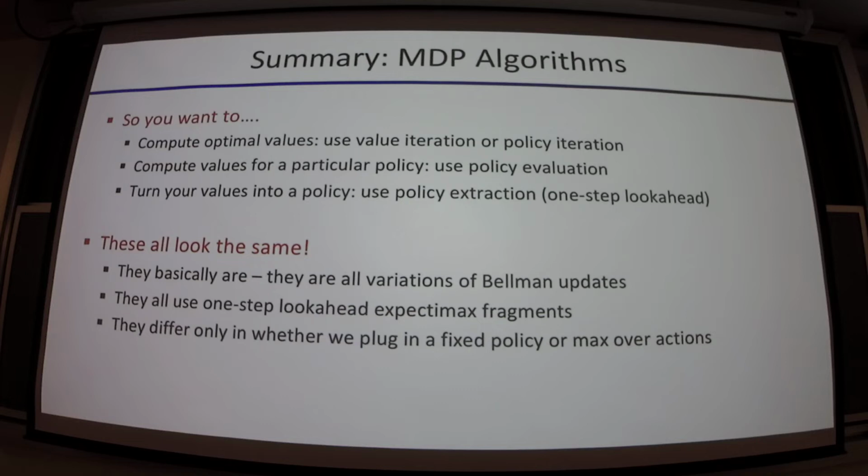Okay, these all kind of look the same, right? We're all using the Bellman updates or the Bellman equations in just very slightly modified ways. We're all using one-step lookahead expectimax. That is all true. So it can be kind of hard to keep track in your head of what the equations look like that relate V stars to V stars, or VKs to VKs, or V pi's to V pi's, or V stars to Q stars, or Q stars to other Q stars, all of this, right?